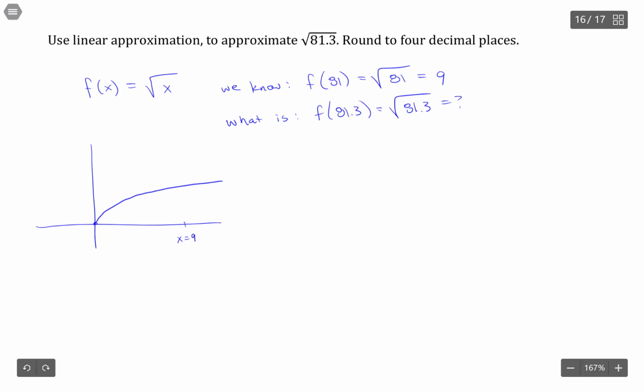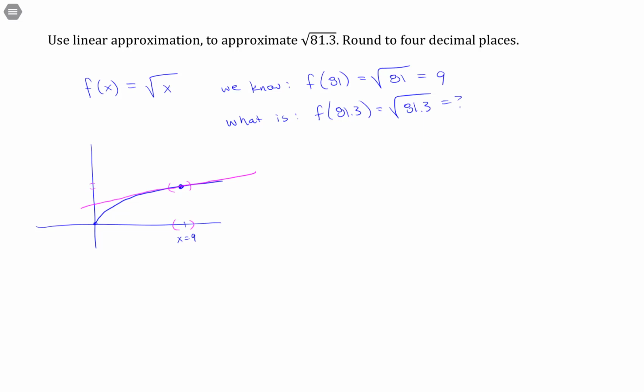And somewhere along the line here is x equals 9. And at x equals 9, there is a tangent line. All right, now, the square root is a very slow-growing function, which means around x equals 9, so around some